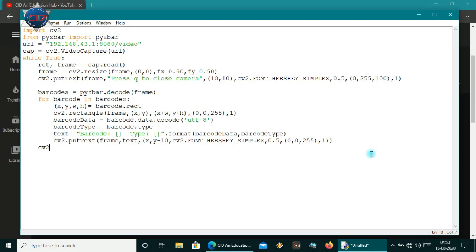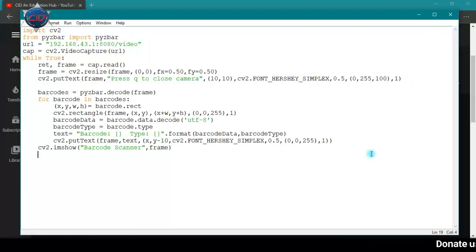So we'll show the frame now. We'll call here cv2.imshow method, and here I will pass the window name, so it will be just barcode scanner. Okay, and next frame, and it will be shown.